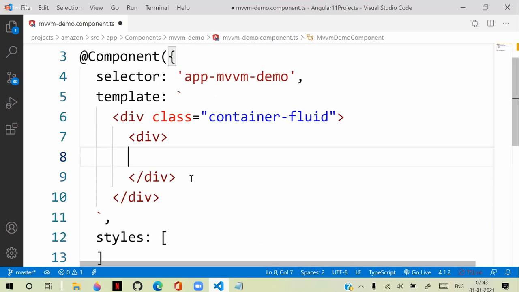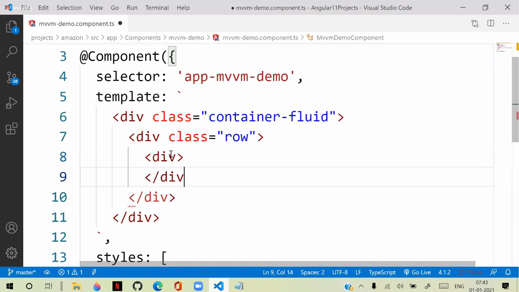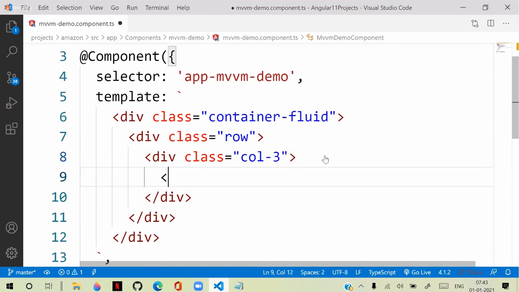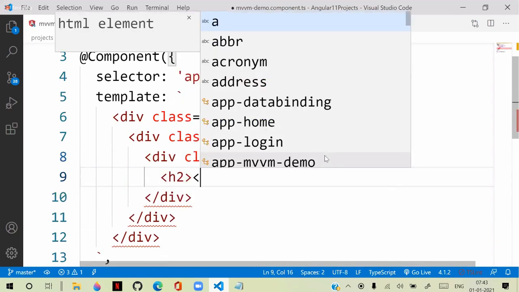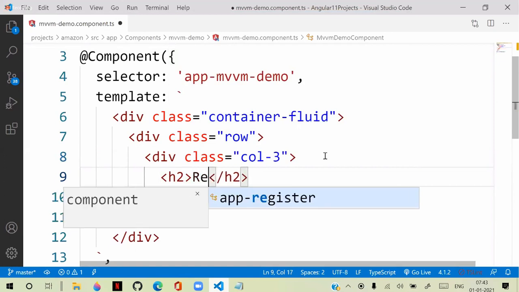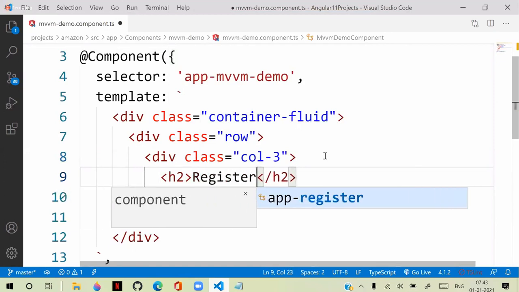So here I'm defining the design. Let's create a class row, and we are defining a div, and let's keep this class as col-3. Okay, and here I will keep the heading same, register, and let's keep this as register and add the details.